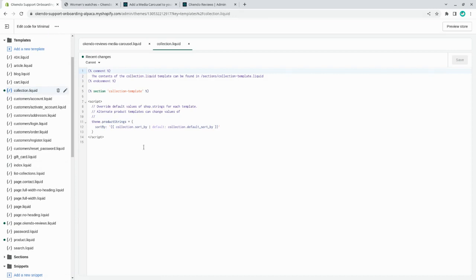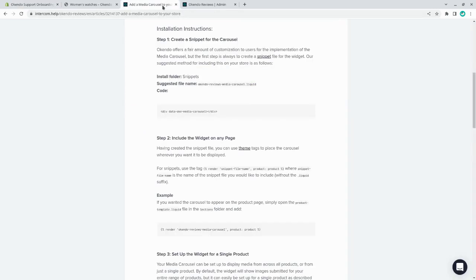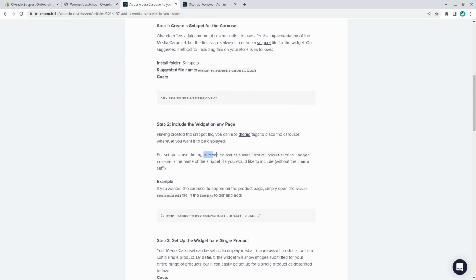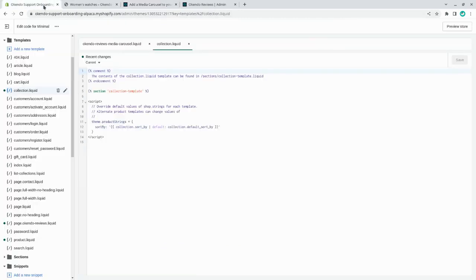When we know where we want to add it, we can go back to the article and copy in the tag that will allow us to include the carousel. So that's that one right here. Copy that